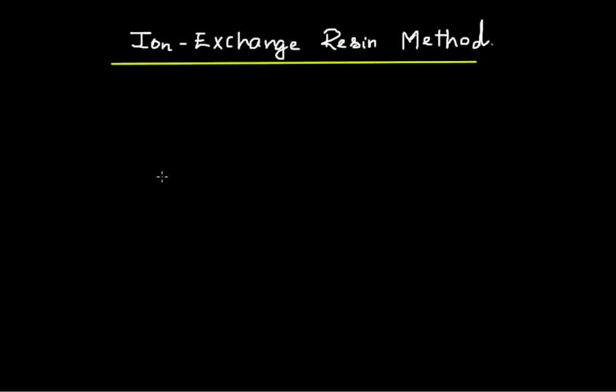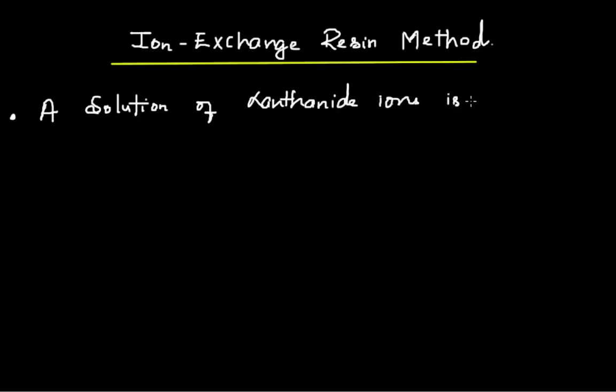The ion exchange resin method is the most important, most rapid and most effective general method for the separation and purification of the lanthanides. How does this work? What you have is a solution of lanthanide ions which is run down a column